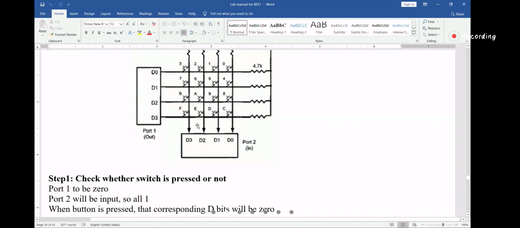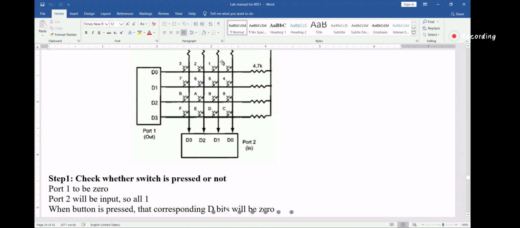But we will not see that deeply, how this bouncing time works. We will not see the real mechanism of debouncing time. But just understand here that there will be a debouncing time.